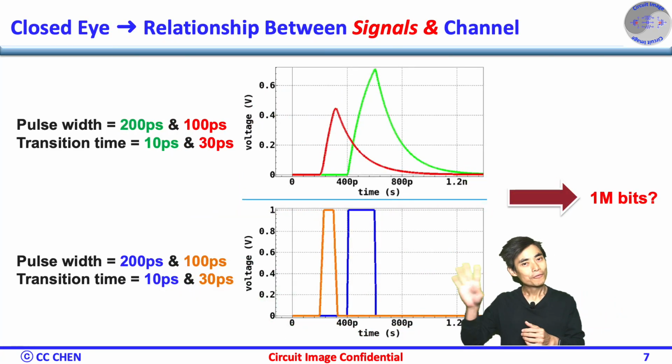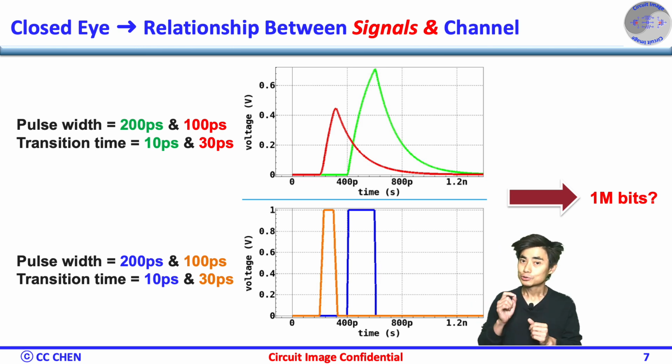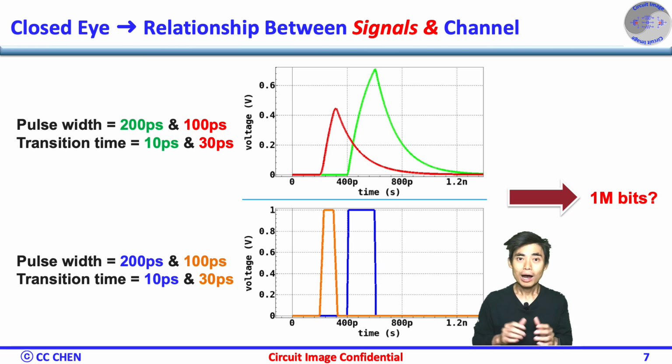Perfect. Fourth, signal and system. Only the channel does not mean anything. But again, the eye diagram cannot easily show the relationship between the high-speed signal and the high-loss channel. Instead, the single shot can show how the different pulse width and transition time were impacted by the 30 dB